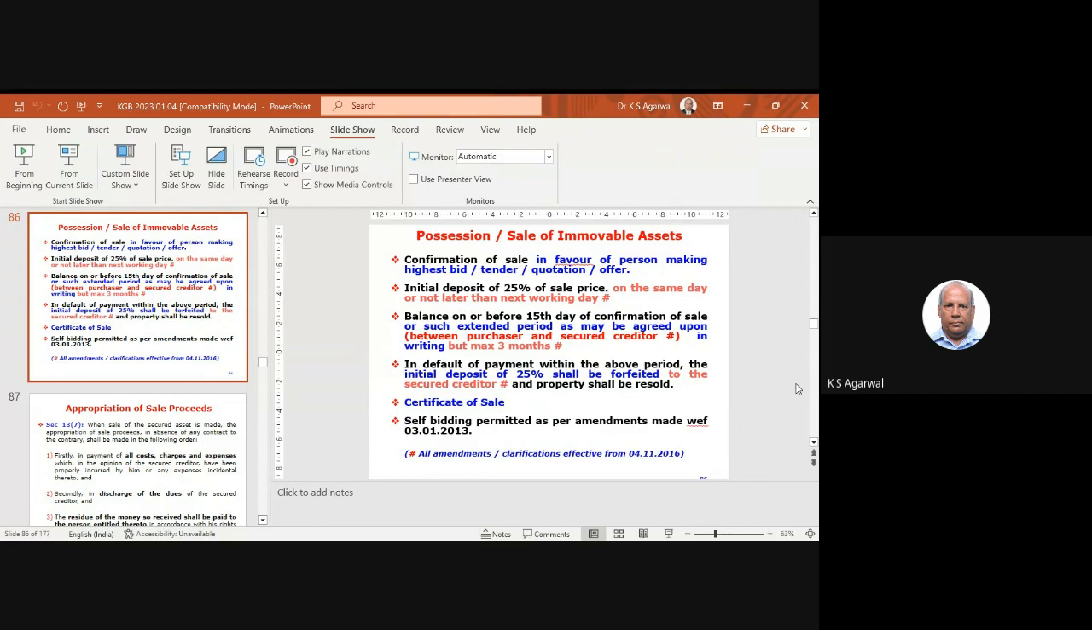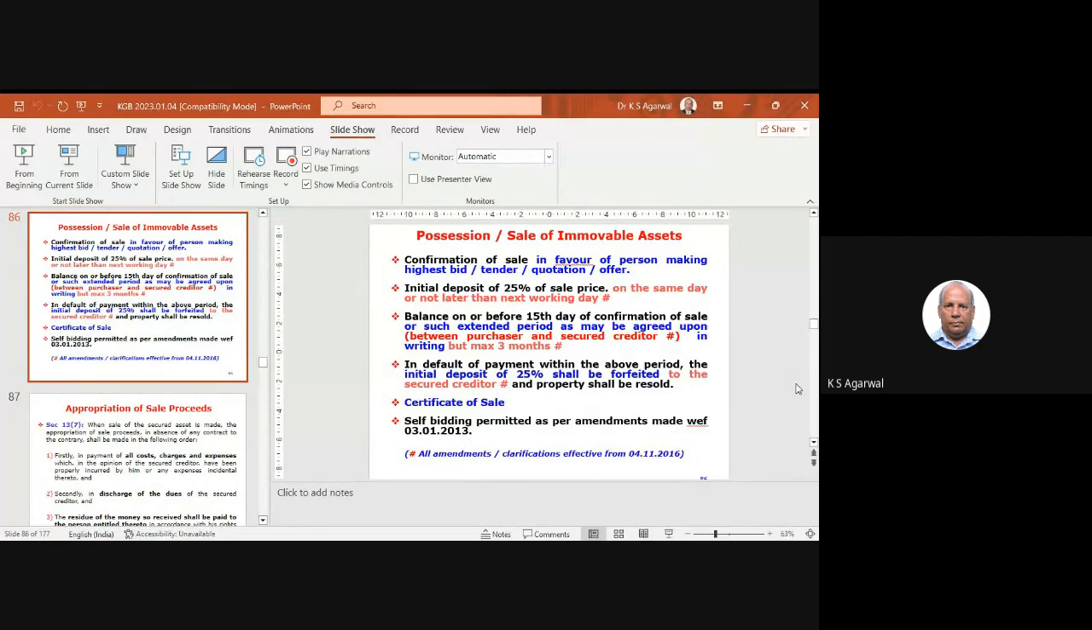So this 25% money should come to me on the same day or not later than next working day. Earlier it was said in the law that this initial deposit of 25% of sale price should be made immediately. Now the word immediately has been clarified. It is on the same day or not later than next working day. And balance 75% is to be paid on or before 15th day of confirmation of sale,